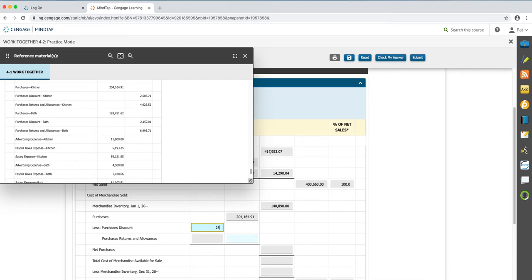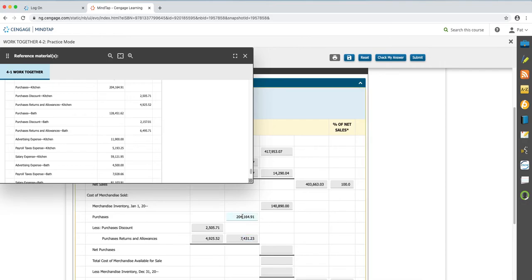So we have 2,505... that's too many. 2,505... sorry, losing it here. All right, purchase returns and allowances, which again, kitchen. So we go ahead and put that 4,925.52 in. We add up the two contra accounts to get a total, which is